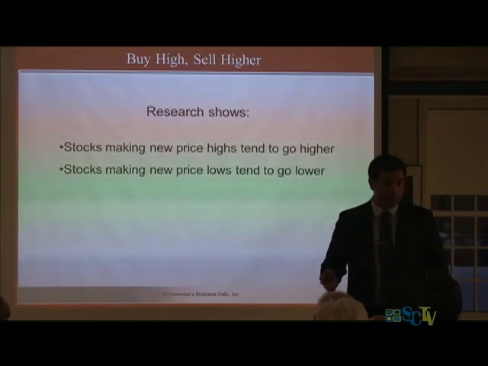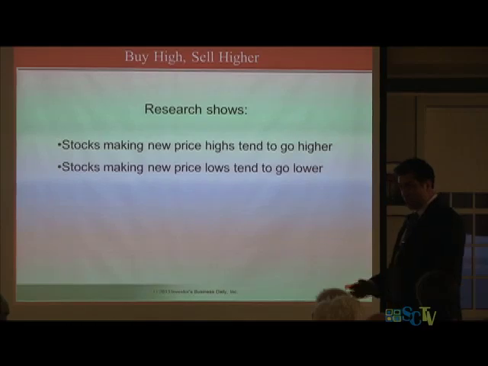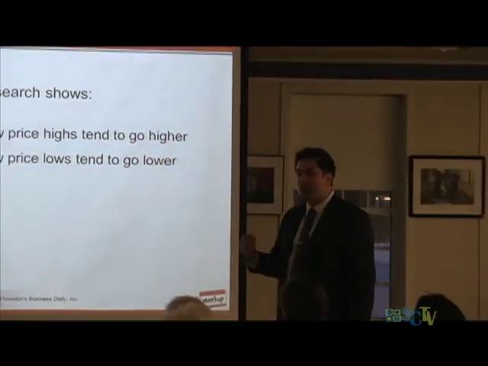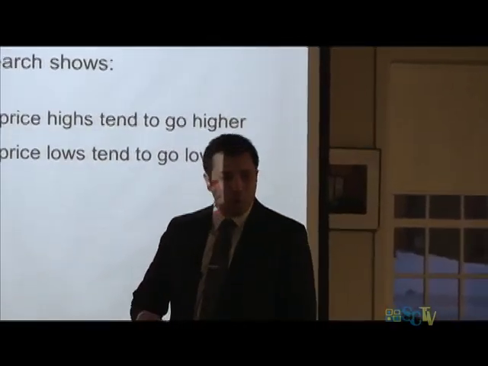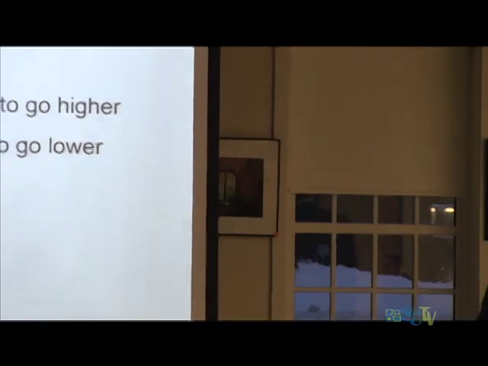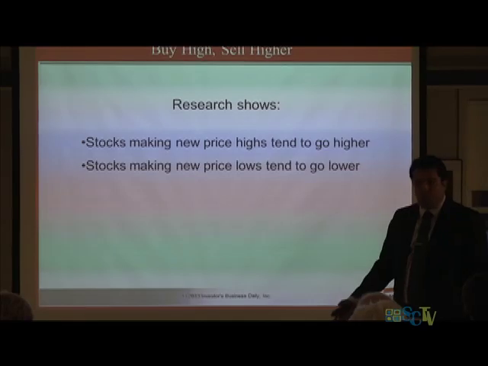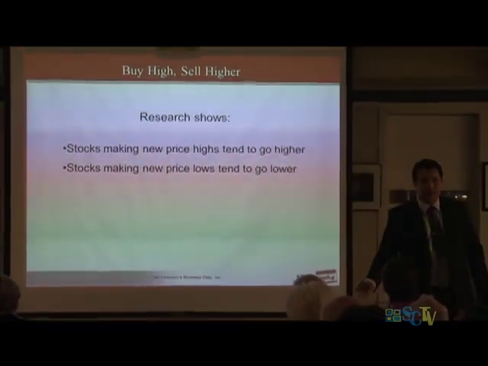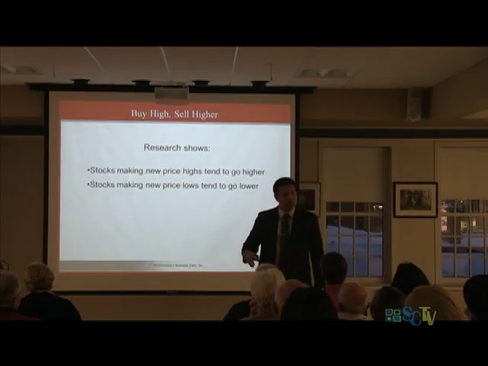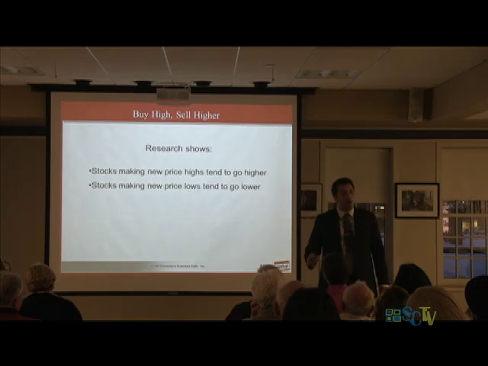Who controls the market? I said it before, right? It's not us. It's the institutions. The big institutional investors determine price, they determine leadership. So stocks making new price highs tend to go even higher when it's fueled by institutional buying. And conversely, stocks making new price lows tend to go even lower. This is why we don't advocate buying on dips. We're trying to buy low and sell high. It's like the guy that goes into the grocery store and buys the brown bananas because they're on sale, right? You're not buying quality. We want to buy quality.